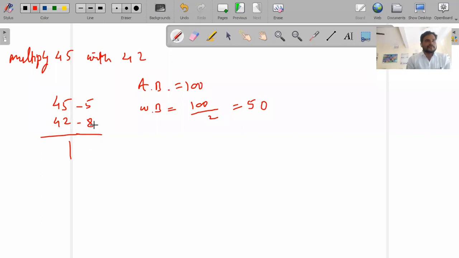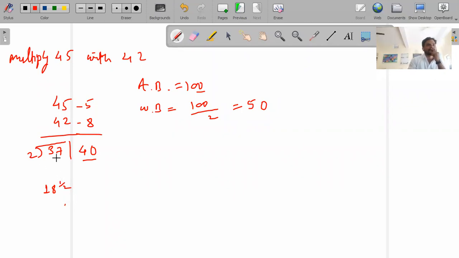45 minus 50 is minus 5. So 25 will be there, right? Because 2 zeros are there in the actual base, so to the right hand side 2 digits will be there. Now 42 minus 5 is 37. Now I have to divide this 37 by 2. Can I divide this one? So the answer will be, yes, 2 ones are 2. 18 and a half will be there, right?